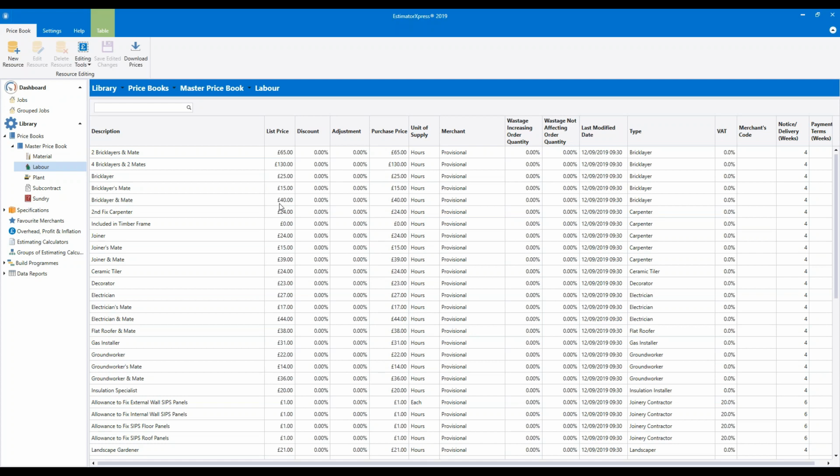Looking down the list, you'll probably think there are more labourers and gangs in there than you actually employ, and that's fine. You don't need to use them all. If you have multi-trade people, what you would do is set their rates to match the tasks they perform. So if you've got a bloke called Bob who does bricklaying and also joinery, you'd find the bricklayer and the joiner and set both of those labour rates to match what you pay your guy Bob.